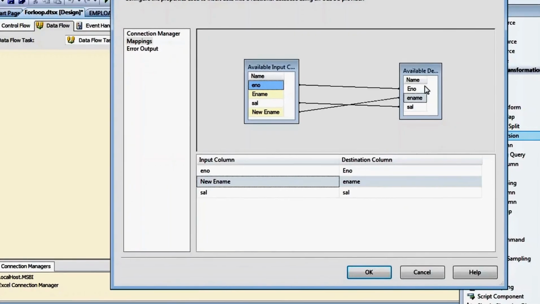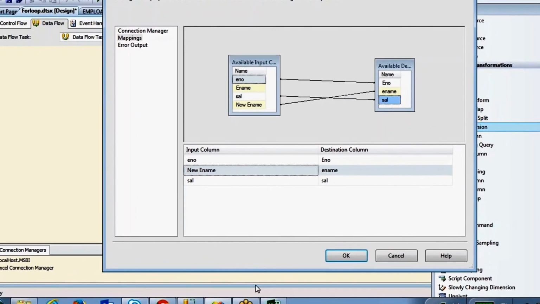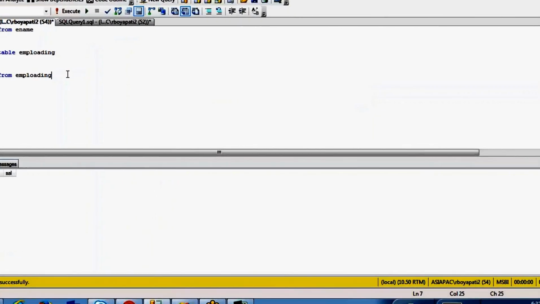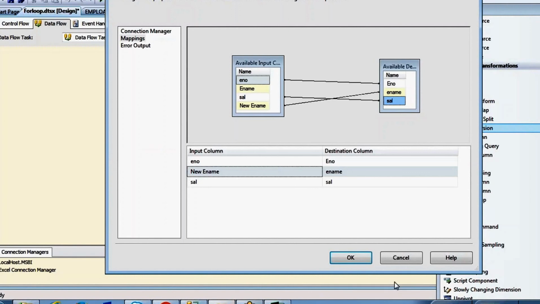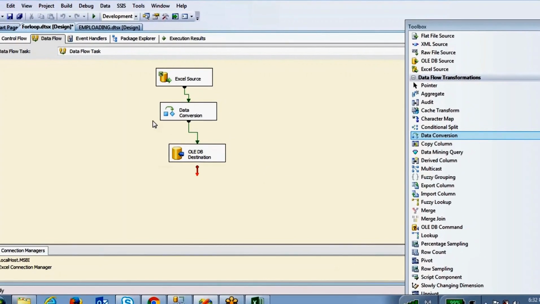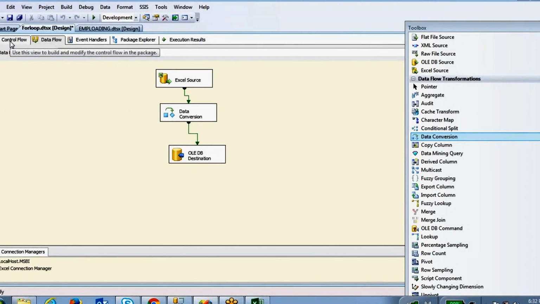The same three columns are coming here. If you add one column here, then that will come here. Okay, click OK.